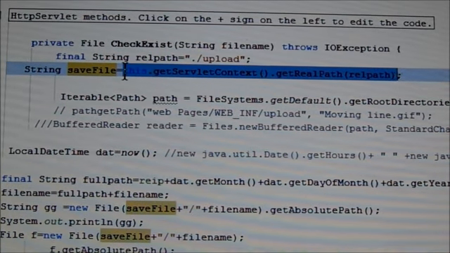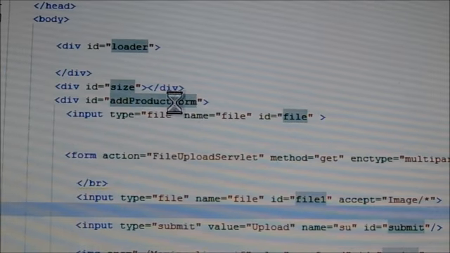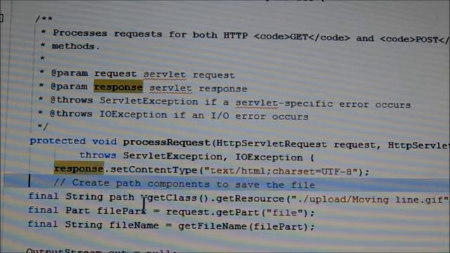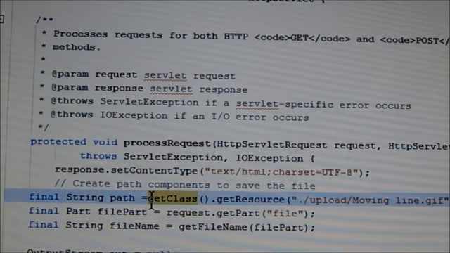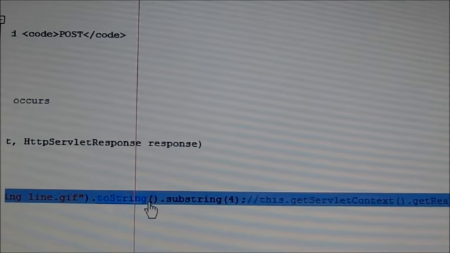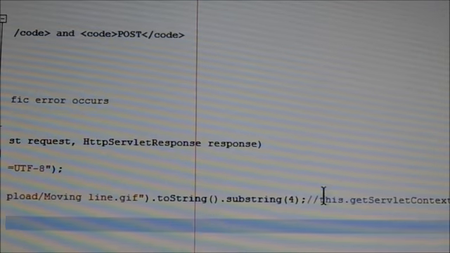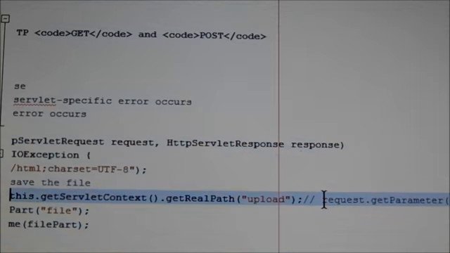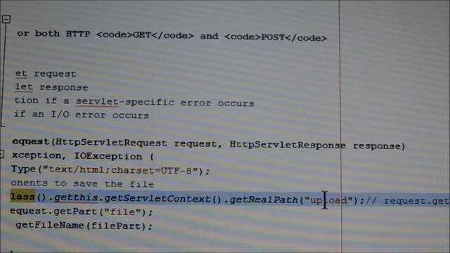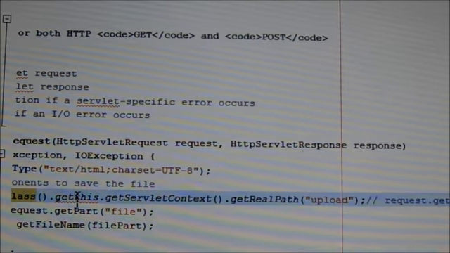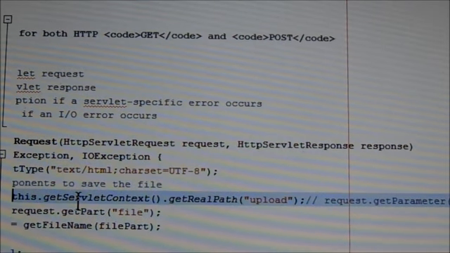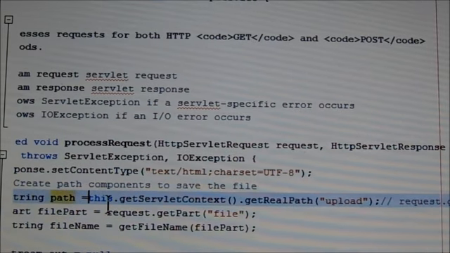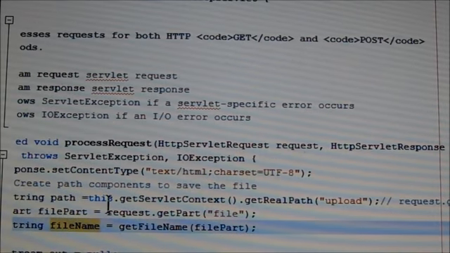This dot getServletContext dot getRealPath upload.